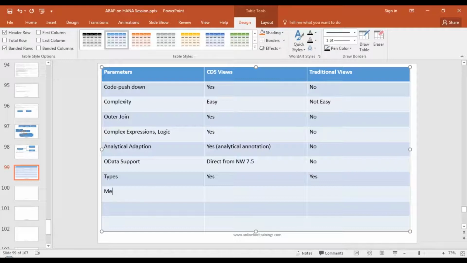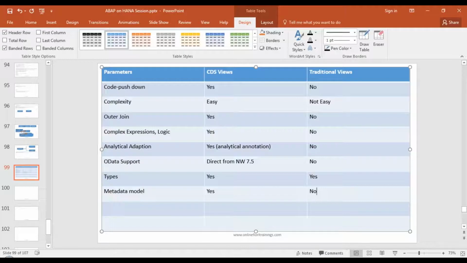What about metadata model? That is supported only in CDS views, not in traditional views. For example, if I want to define a label for a technical field, let's say I'm putting a technical field called supplier ID. I just want to show a name to the user on my Fiori app, or on my screen, and I want to showcase the label as, let's say, supplier identification number.